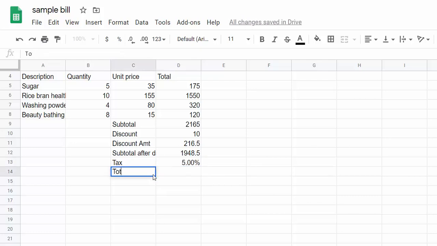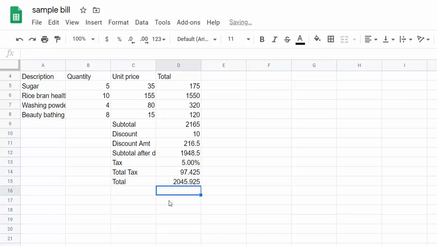So to calculate the total tax, I will simply say this amount after discount multiply by tax, equal to, and total amount will be subtotal and tax. It means subtotal after discount plus total tax is equal to.